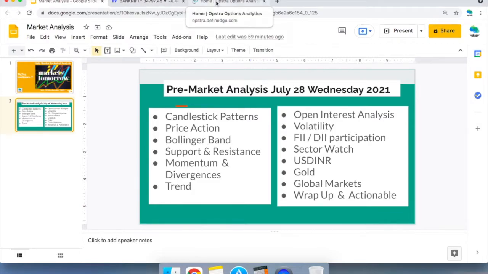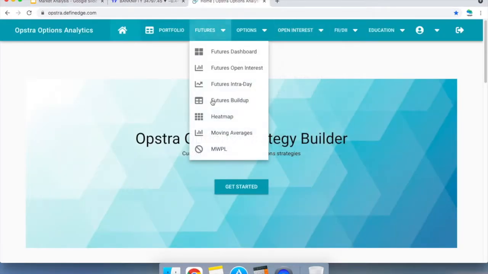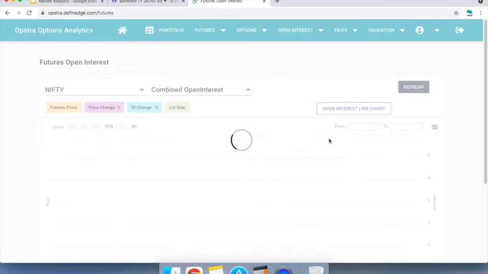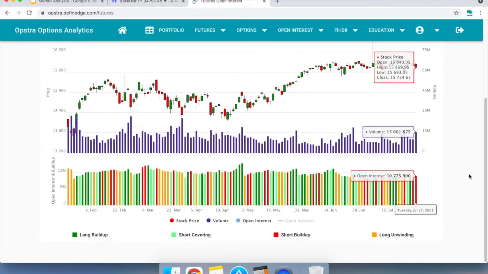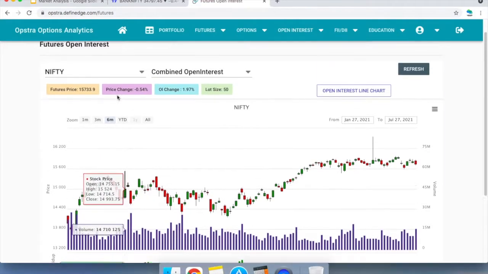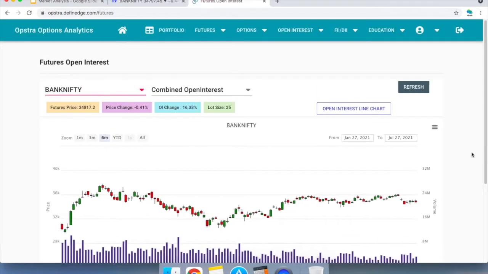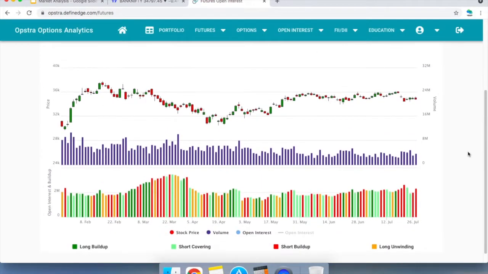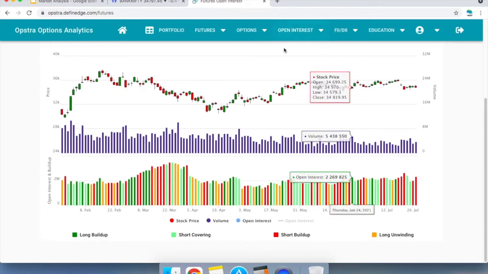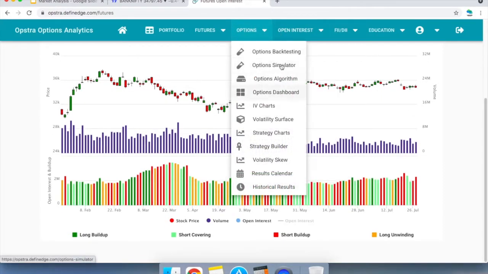So that's it from the charts, and let's get into the open interest and futures and then see what happened in Nifty today. It was clear short build up on Nifty, and Bank Nifty also we can see that it is clear short build up that happened today. Let's look at the open interest